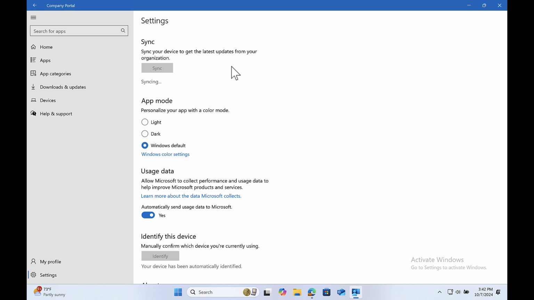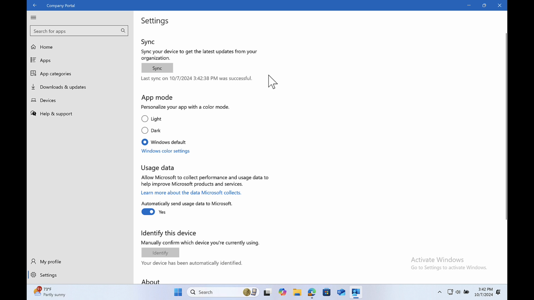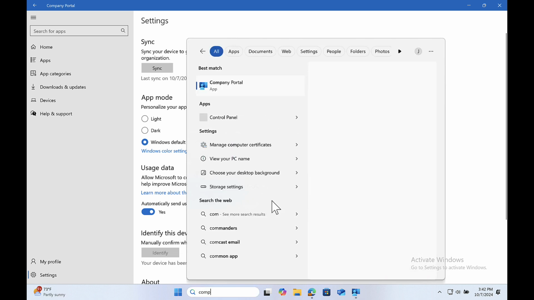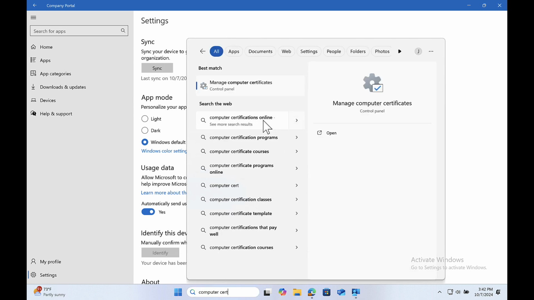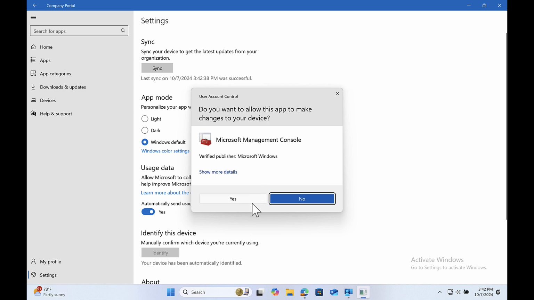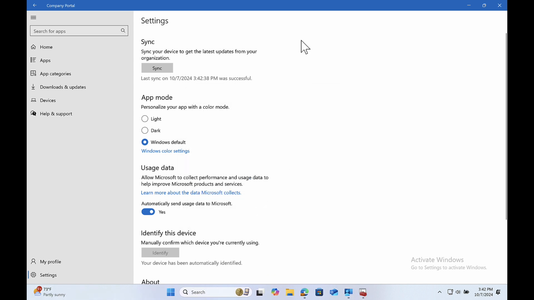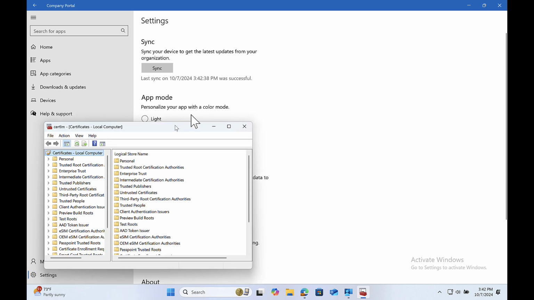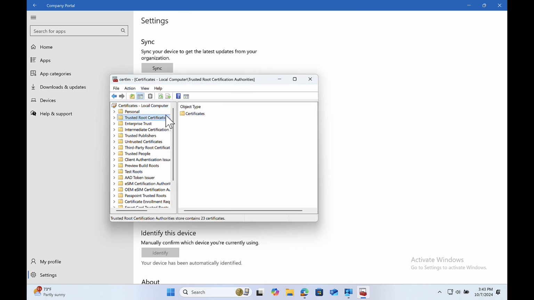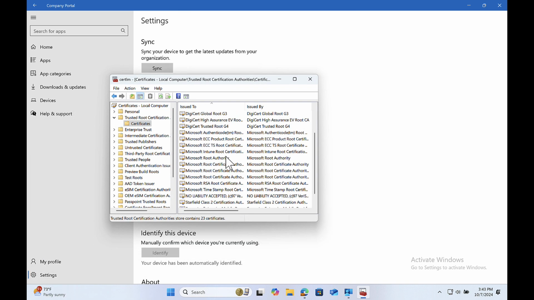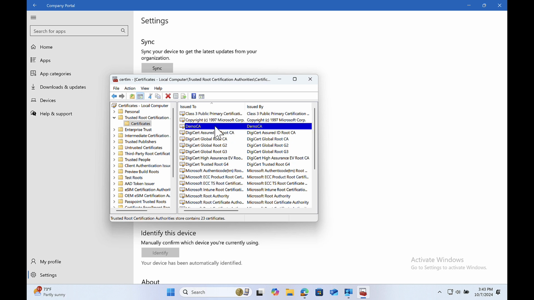So this might take a second. All right, it says the sync was successful. So now if I look in my Trust Store on this machine, I should see my CA certificate. So for Windows, I will search Computer Certificates. Click Yes. And then I'll go to Trusted Root Certification. And then scroll down and find my demo CA that I had uploaded to Microsoft Intune and has now been